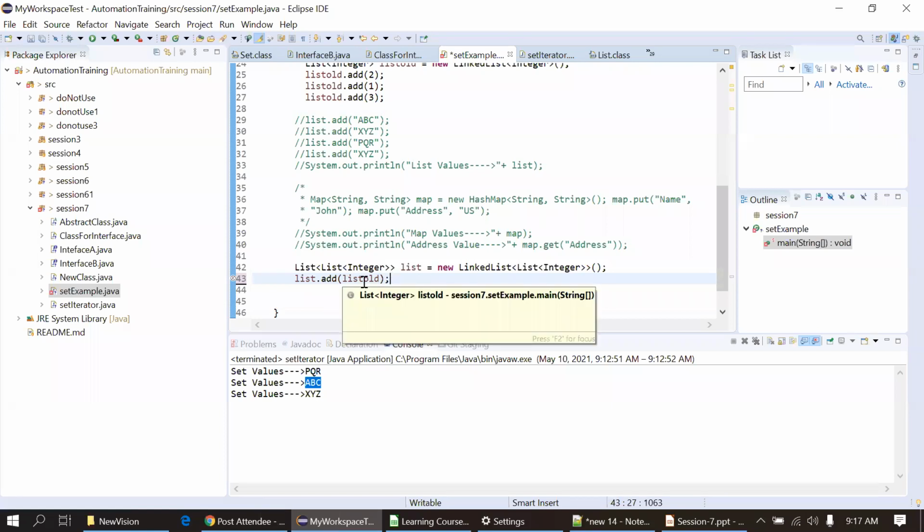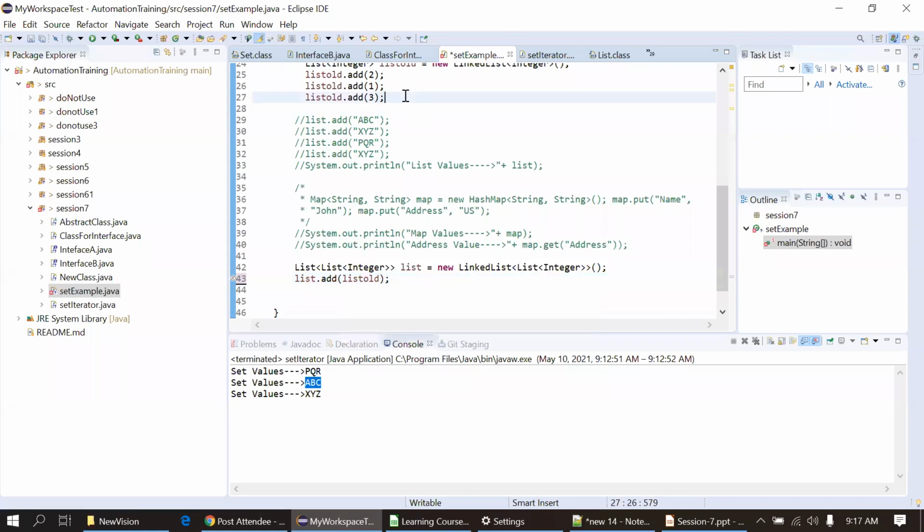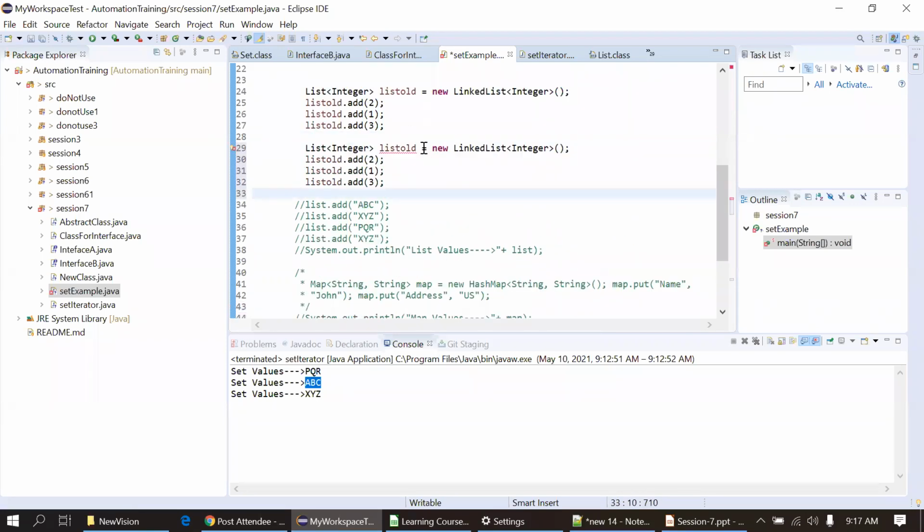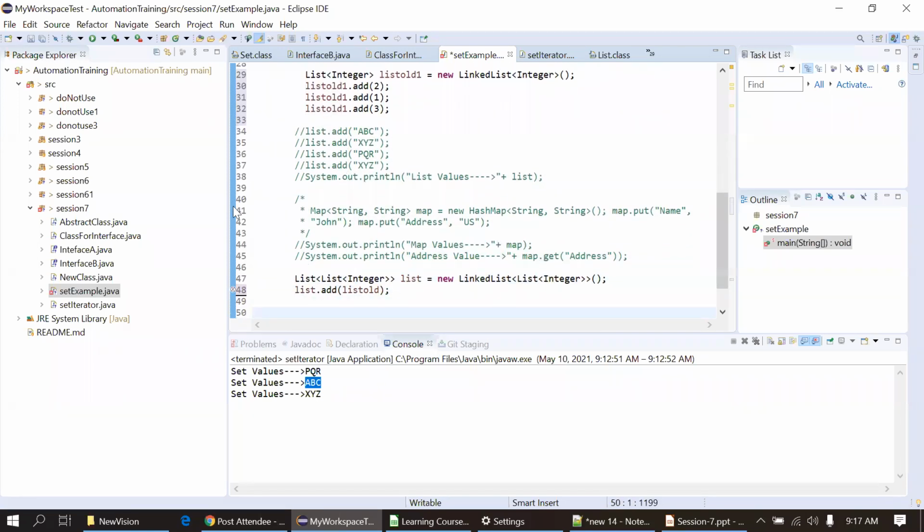We have created the list earlier. That is a list actually, this one. If I create one more list here, I'll show you. A second list can be added here in this list as a parameter, list old 1.